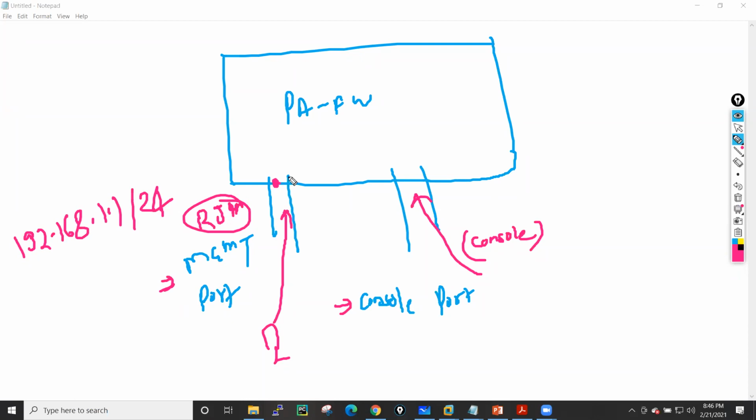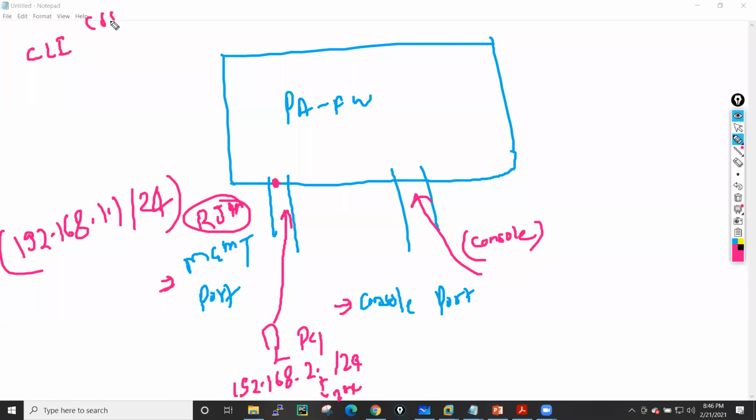Since the Palo Alto has an IP address in this range, on your PC you can configure any IP address in this range, 192.168.1.2 to 254/24, and access this firewall by using CLI.